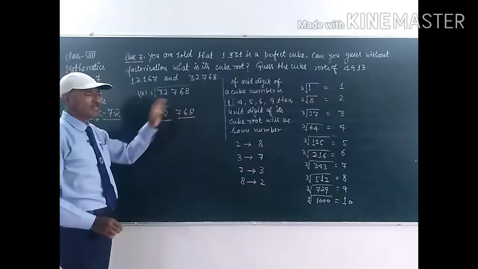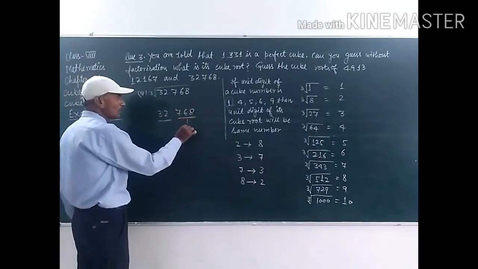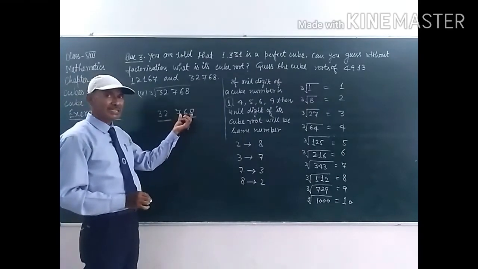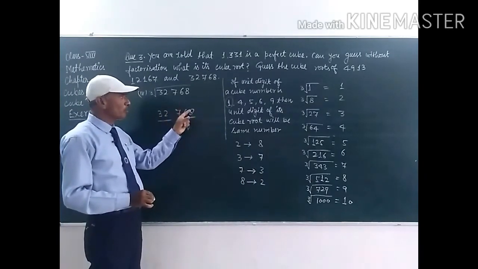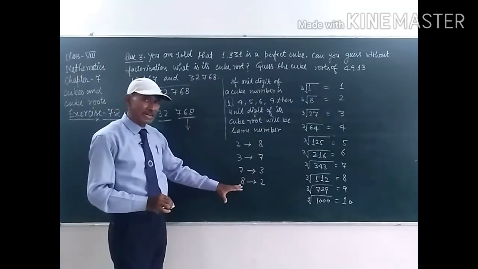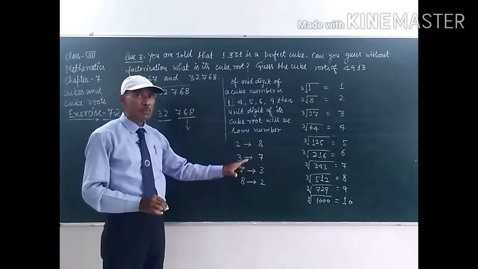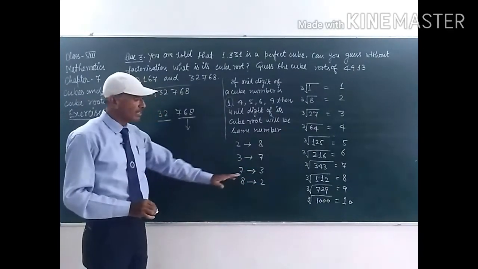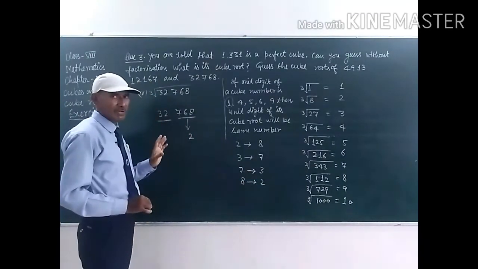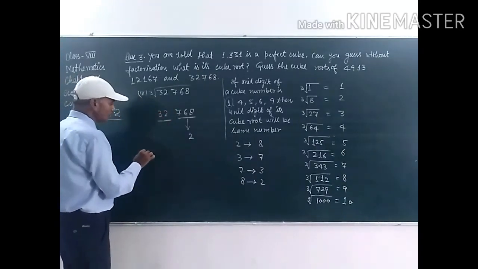And we have to observe the first group, the unit digit number of the first group. Clear, student? So the unit digit number is 8 here, student. If in the cube the unit digit is 8, then in the cube root the unit digit will be 2. If the cube of a number ends with 8, the cube root will end with 2. So the unit digit in its cube root will be 2 here, student. That is the first one. And from the second group, now we have to observe this 32.